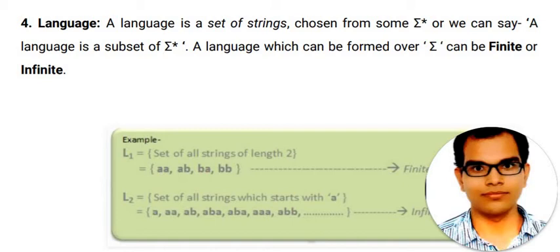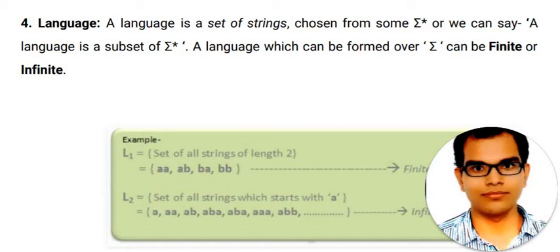Today we will see language. In the previous lecture, we have seen symbol, alphabet, and string. Now the fourth basic term that we will see is language. As you already know what language is, but we have to talk about language in terms of computer science. So here we will define it. After that, I will inform you of some examples of how we make a language, and what a finite and an infinite language is. All these things we will discuss.